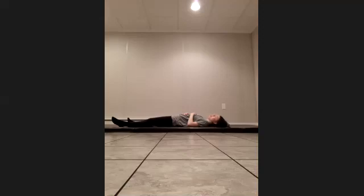Good. Come back to the center. Taking that right hand, we're going to rest it up towards the top corner of your mat. And then the left hand, we're going to reach out to the top left corner of the mat. Stretching the right leg down towards the bottom right corner and stretching the left foot out to the left bottom